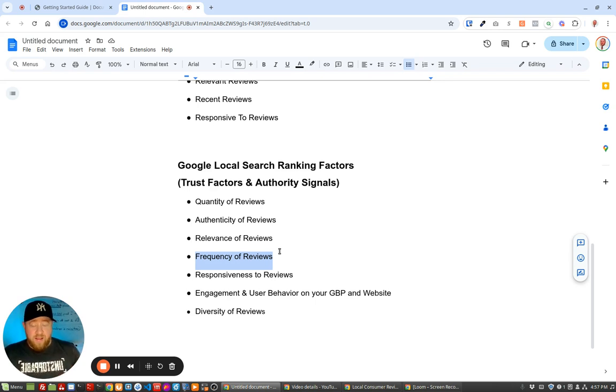And it's not only that, but you get down into engagement and user behavior on your Google business listing, or your Google business property, and your website. Google's monitoring this stuff. If you have Google Analytics on your website, Google's monitoring this stuff. And if you're getting a lot of engagement on your Google business listing and on your website, and a competitor over here is not, Google's going to push you to the top,